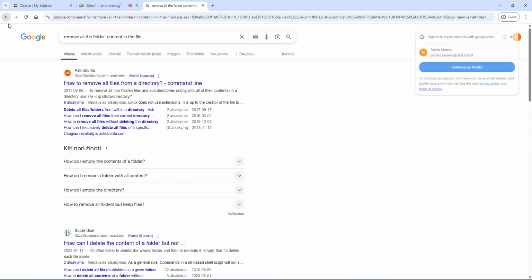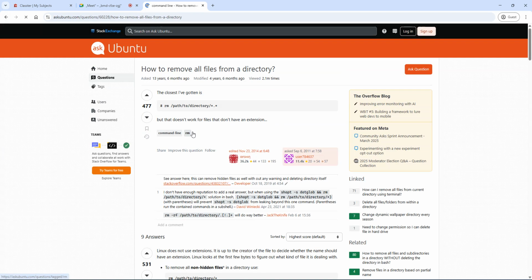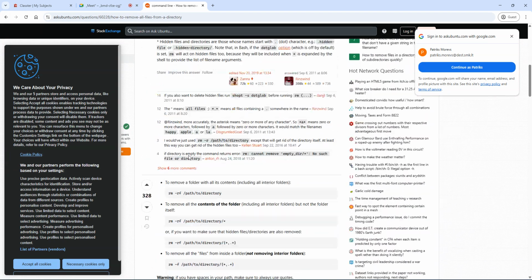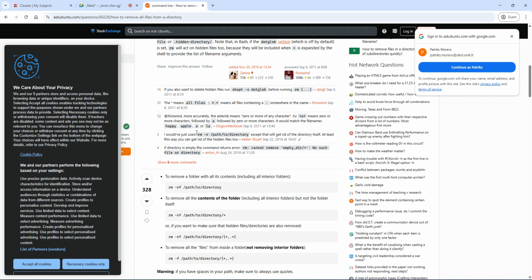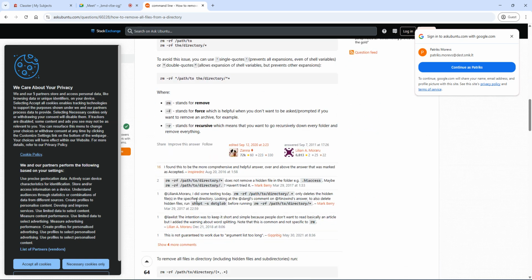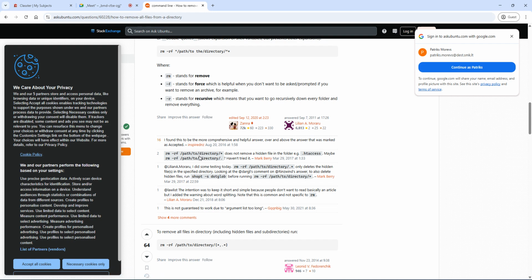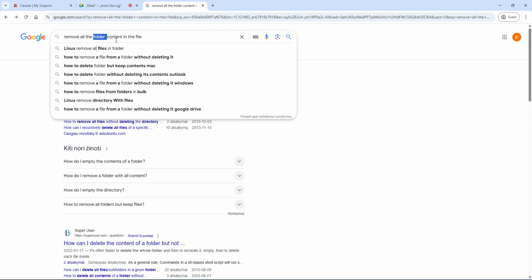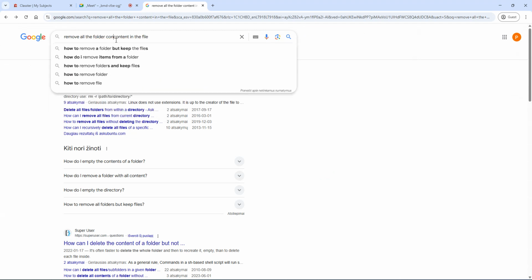No, you can get this one. It is rm remove, yes, but minus f. No, if to remove all the files from the folder, it means you can do like that, but it's not removing the entire. There are so many different commands, but one of them is the silent mode, and then you can remove all the directories, all the content, remove all the file folder content